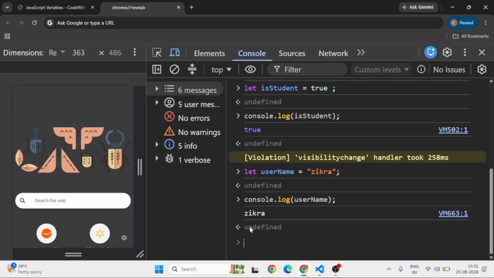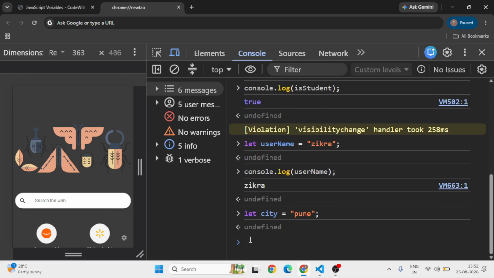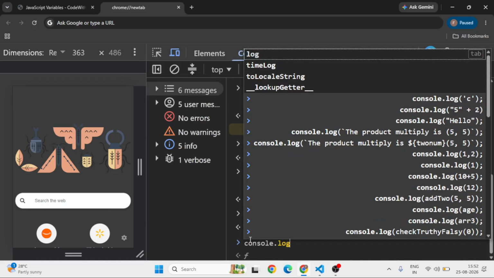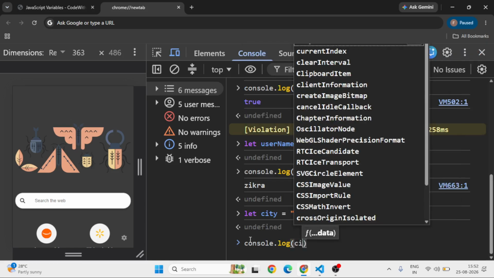Now, let's understand let. We use let when the value of a variable may change. let city = "Pune"; console.log(city);